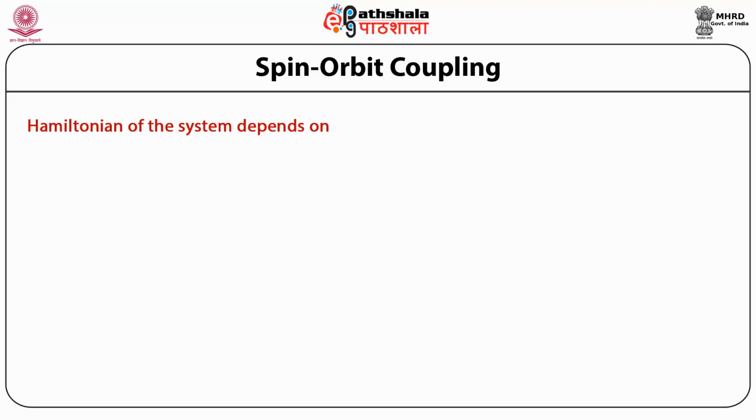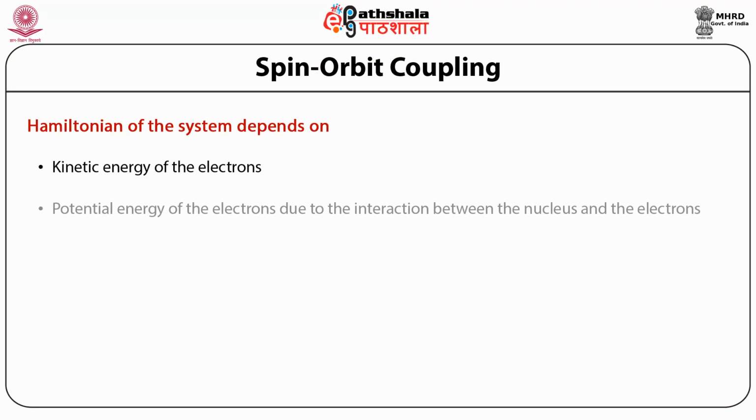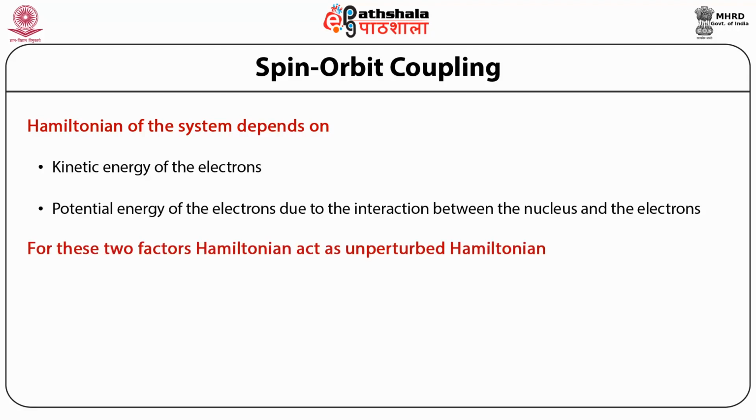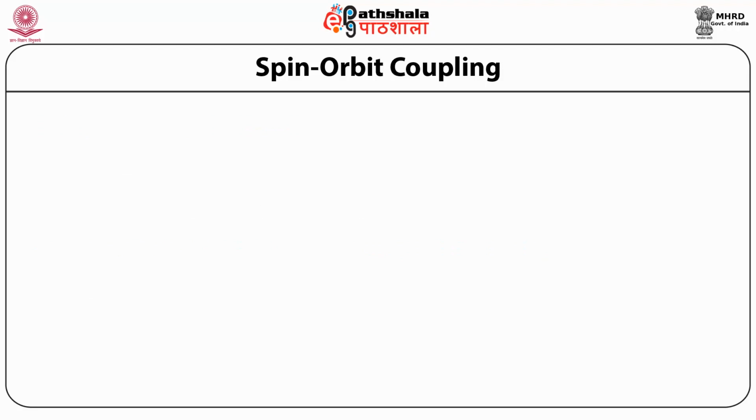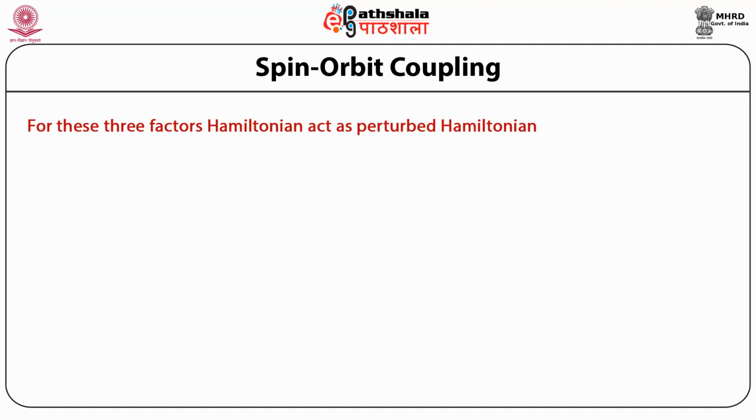The Hamiltonian of the system depends on the kinetic energy of the electrons and the potential energy of the electrons due to the interaction between the nucleus and the electrons, and for these two factors the Hamiltonian acts as the unperturbed Hamiltonian. Energy due to interaction between the electrons, spin-spin correlation energy, and spin orbit interaction, for these three factors